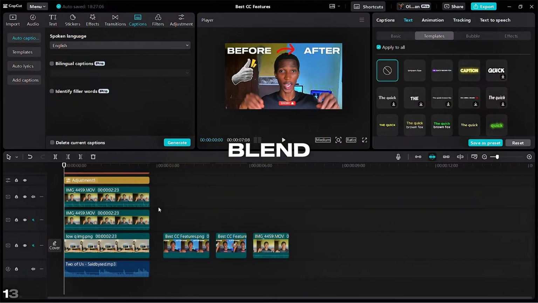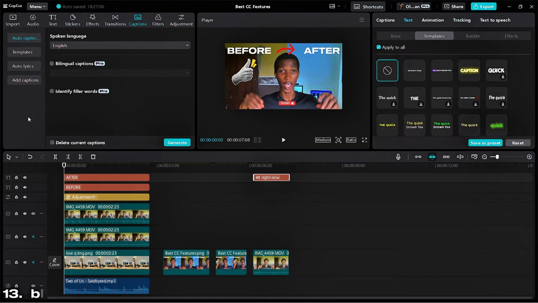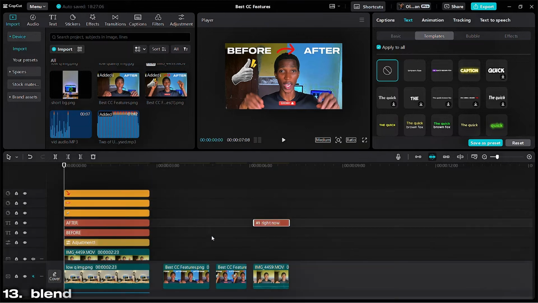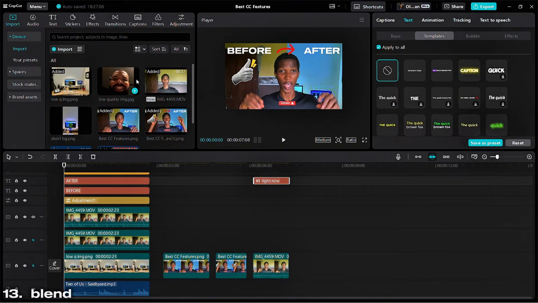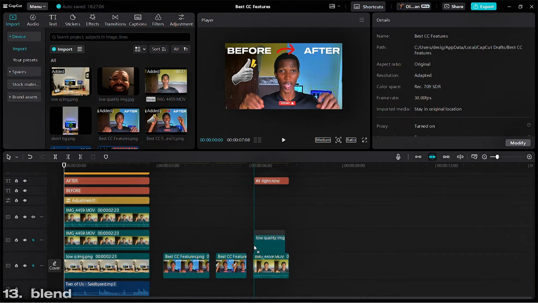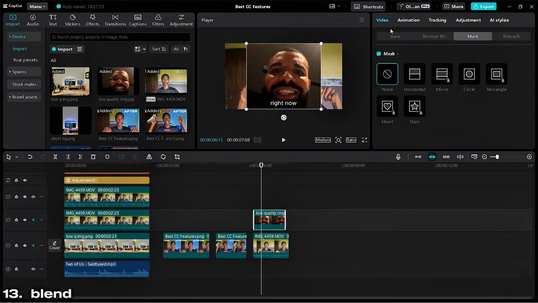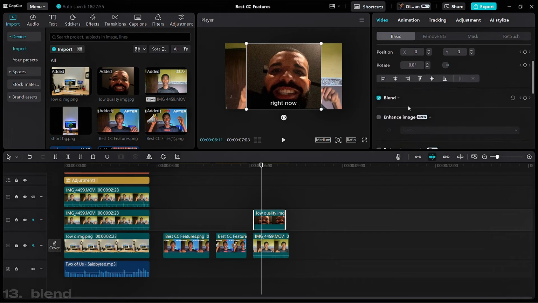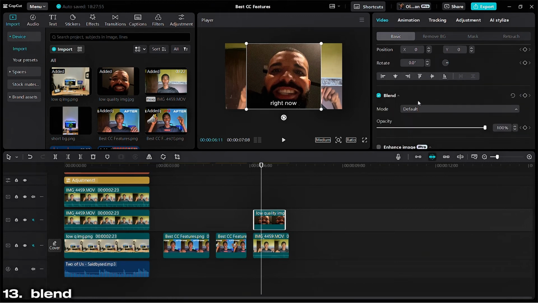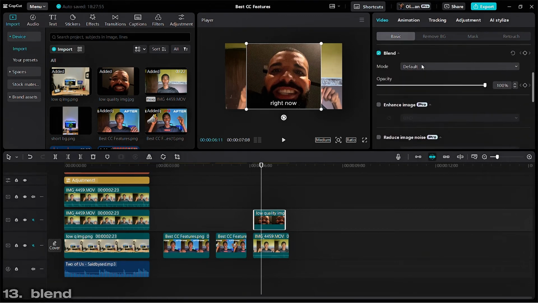So this is called the blend feature. Blend. So let's say we just want to bring in an image or whatever. So I thought an image of Drake. So yeah, I'm just gonna put the image of Drake here. So you can see the image of Drake is covering me. I don't want that. I'm just gonna come to basic and come to blend. And however I want it to happen, I'm just gonna click on the blend. We have it as default. I can have it at right. So you can see screen,